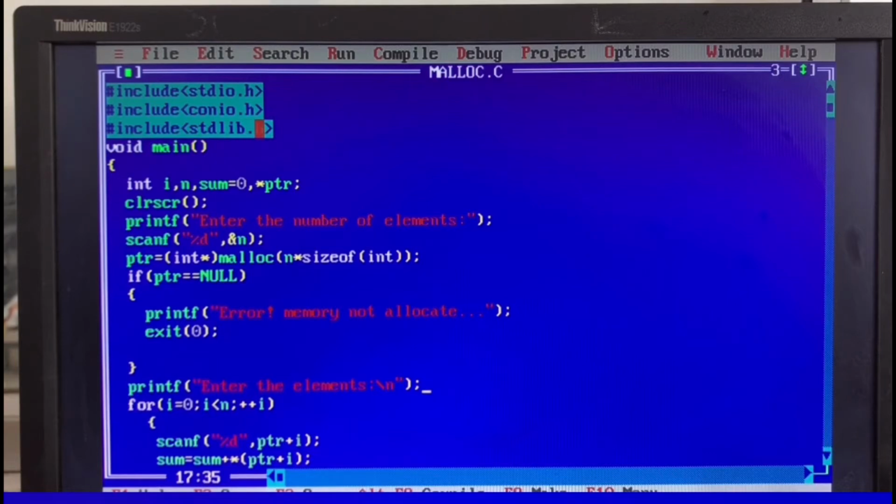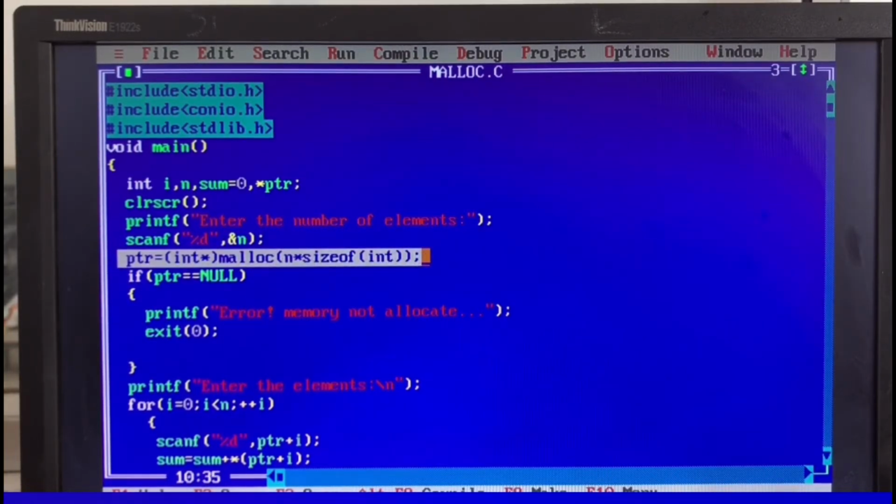The stdlib.h header file is used for the malloc and calloc library functions and the free function. Now starting from void main, these are the variables, and this is for printing the number of elements, and this is the syntax for memory allocation using the malloc function.